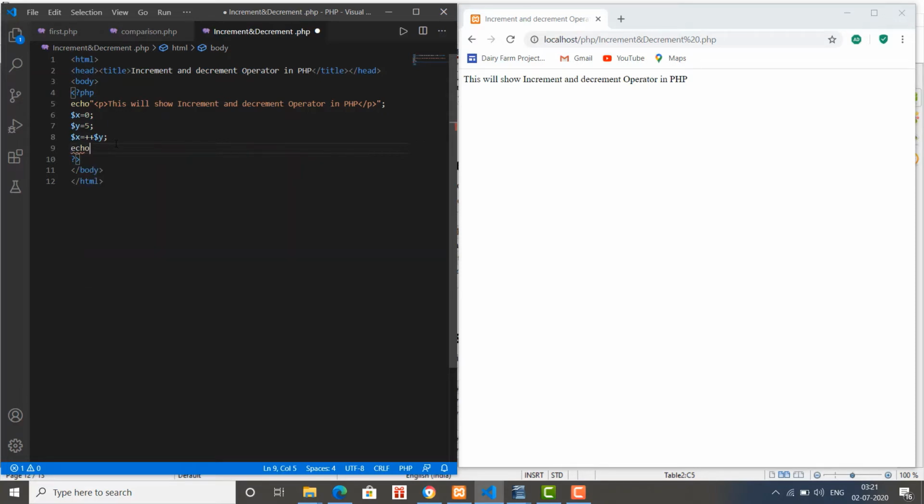Here we are using echo, and this time we are displaying the value of variable x and putting the semicolon to terminate.